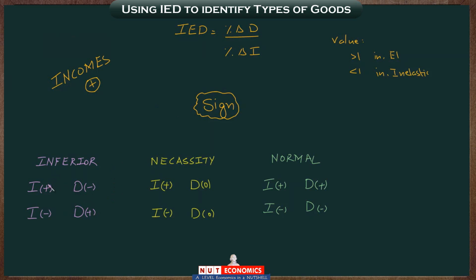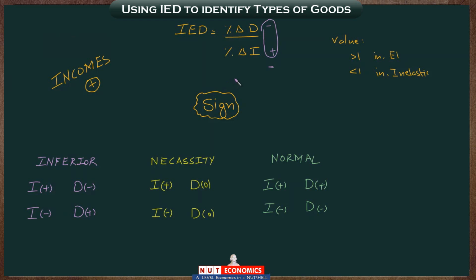So if consumers are becoming more rich and their incomes are increasing, they would buy fewer inferior goods. The demand would fall. Now, if you apply this formula and try to calculate the income elasticity of demand of this inferior good, what you will end up with is that since the income is increasing, that would be some positive percentage change. And since we are talking about an inferior good, the demand as a result would fall. So the percentage change in demand would be a decrease, or a negative. So you will end up with an answer to this calculation which will have a negative sign.